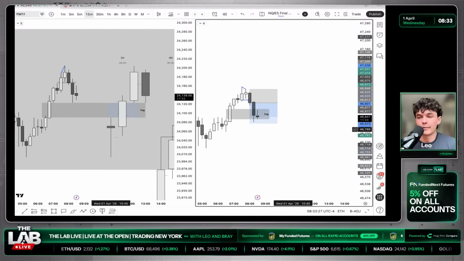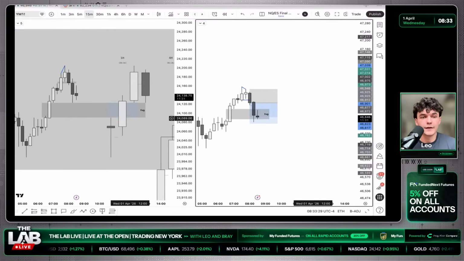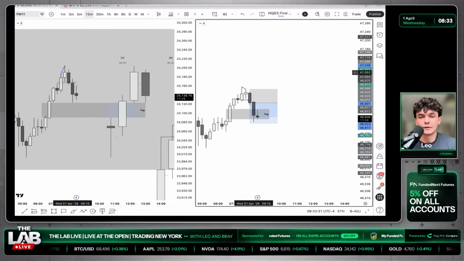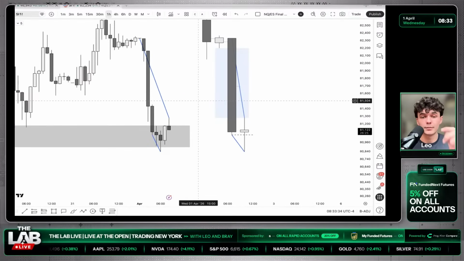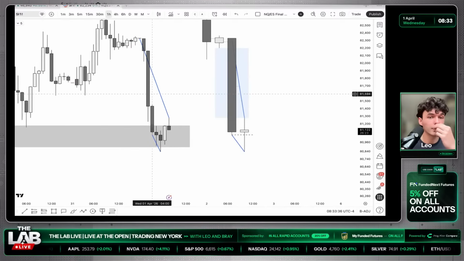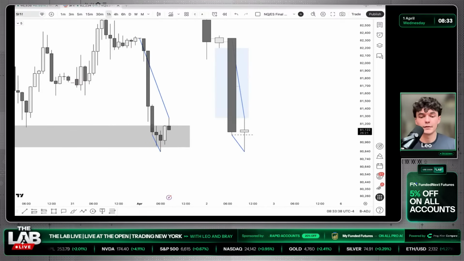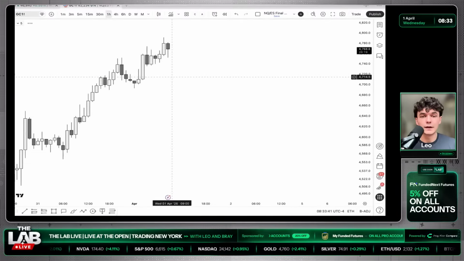Wow, good framework. I'm curious to see how this 15-minute reacts to this fair value. Well, we've removed the SMT, which is the only thing here. Silver, yeah, silver with this SMT is gonna probably continue lower, also because it's tapping or might tap into this fair value. What's GC looking like? What's the damage?